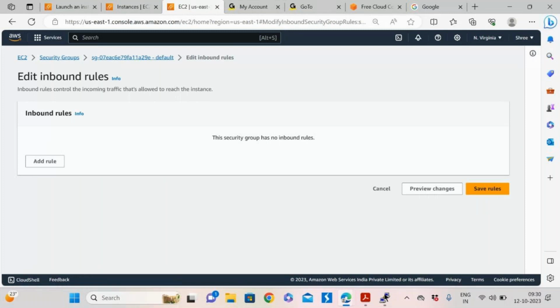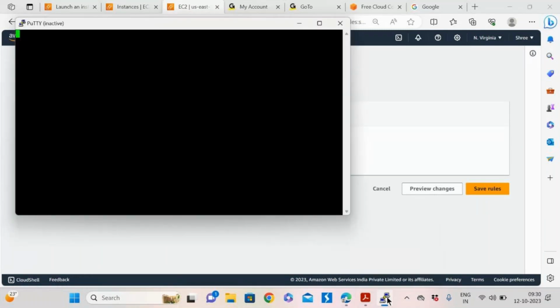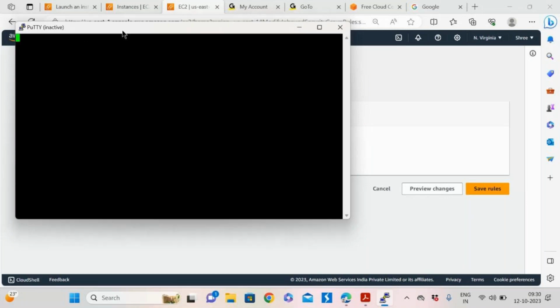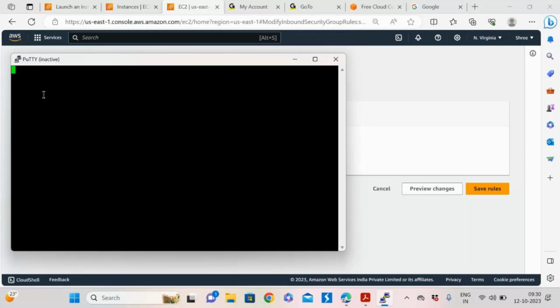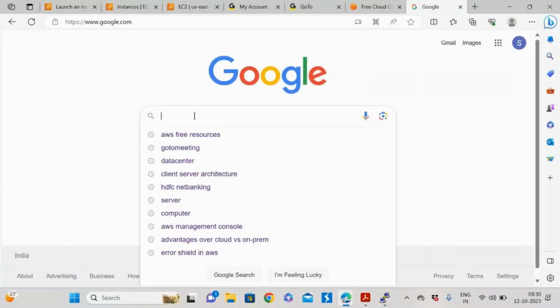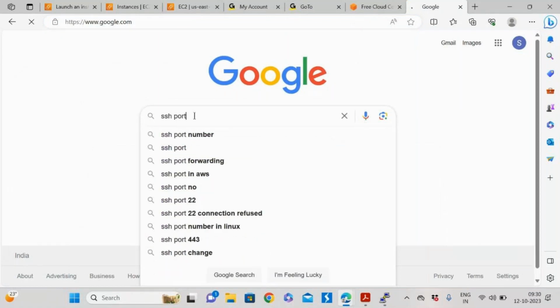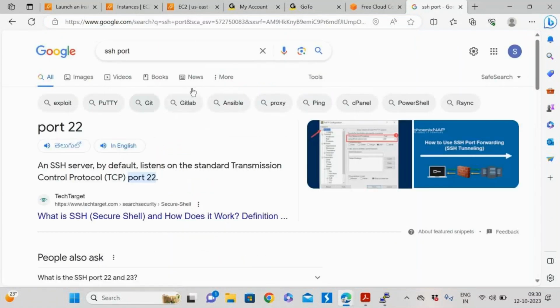What rule is required for me to log into the system via terminal? If it is a Linux system, via the SSH port. We need to know that port: SSH port is 22. If you don't know, you can simply search for SSH port, ask Google, and it will say port 22.